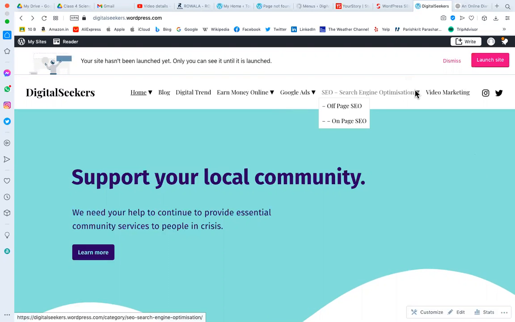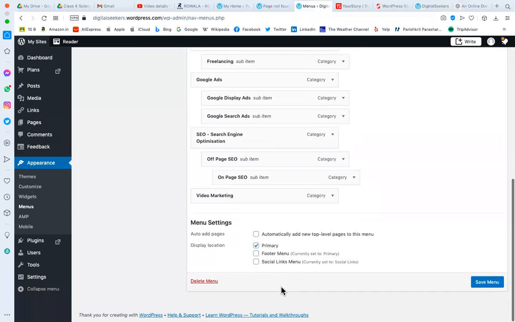Here, SEO, search engine optimization, on page SEO and off page SEO. The structure is not correct here, so you can go and check that. Here you can check in the SEO, off page SEO, on page SEO.